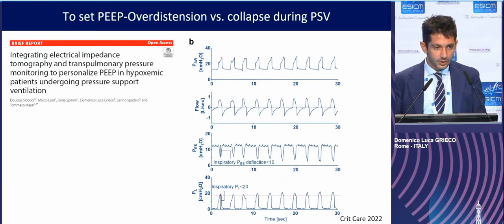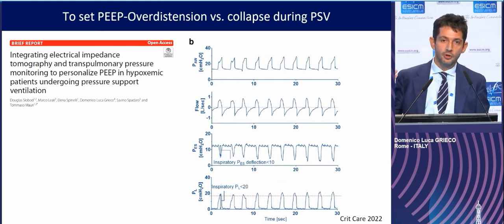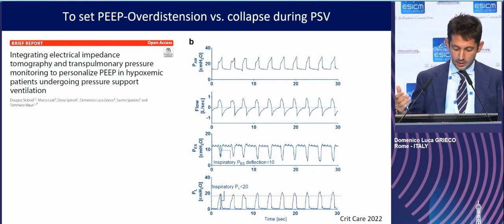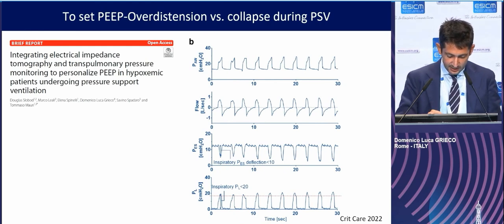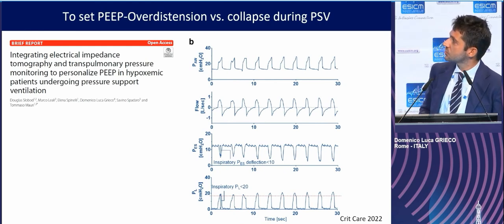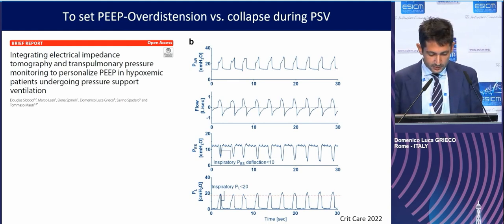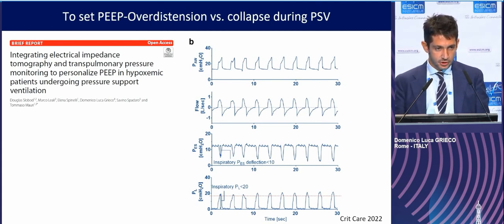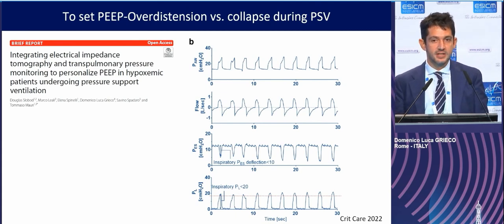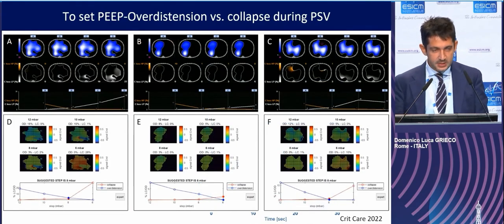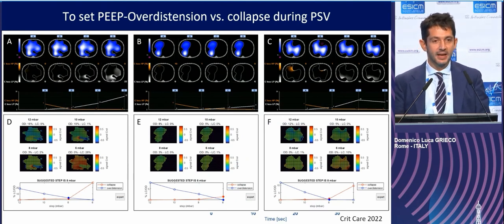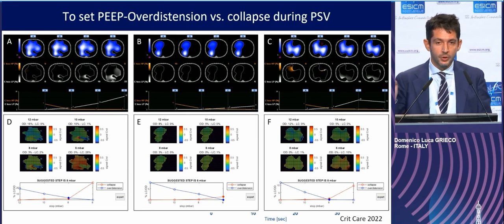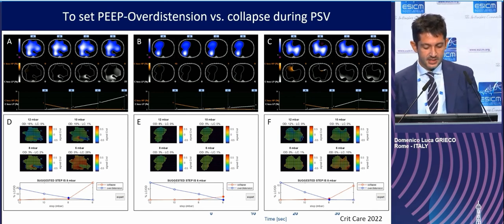basis. And what is interesting is that this method can be applied also during pressure support ventilation, when the driving pressure that is used for the calculation is essentially the sum of the inspiratory pressure applied on the ventilator, so the first panel, and the negative deflection in the esophageal pressure, as Liz showed before. And the sum of the two generates the dynamic transpulmonary pressure, and this permits to do a PEEP trial and to determine which is the optimal compliance, which is the optimal PEEP to best balance between regional overdistension and collapse